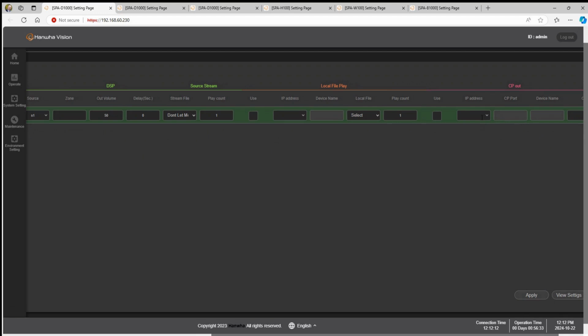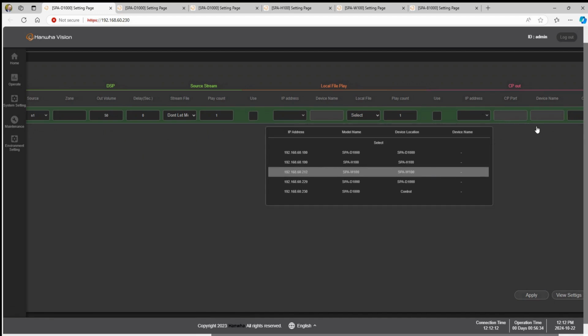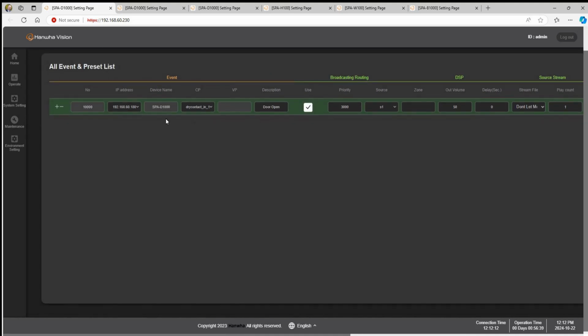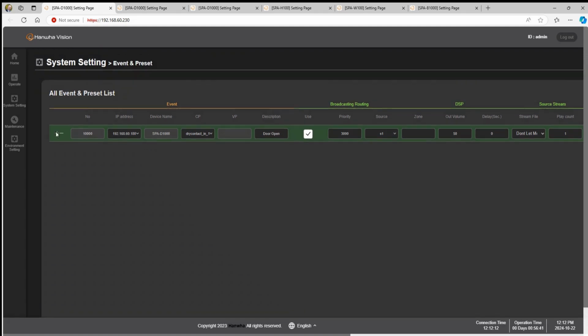And we can also trigger the alarm output on any device. So there's a lot of options there. And then we would save that and continue adding as many as you might need there. And then the last one